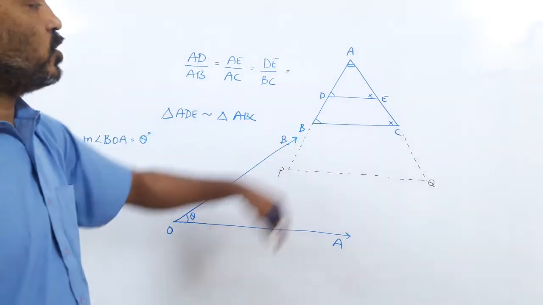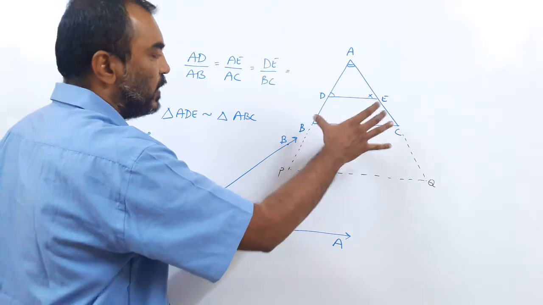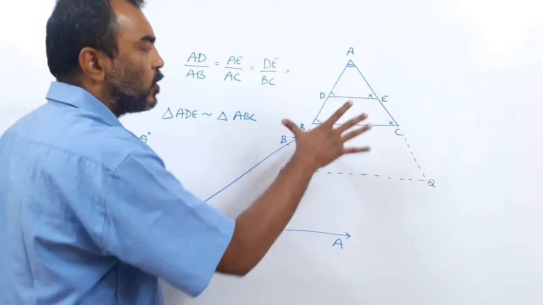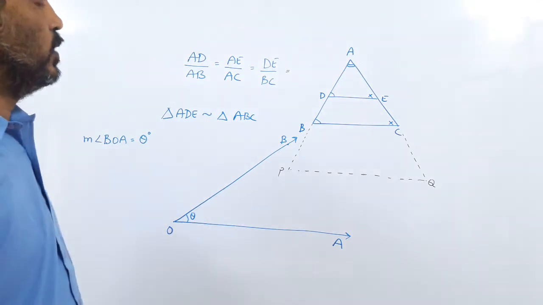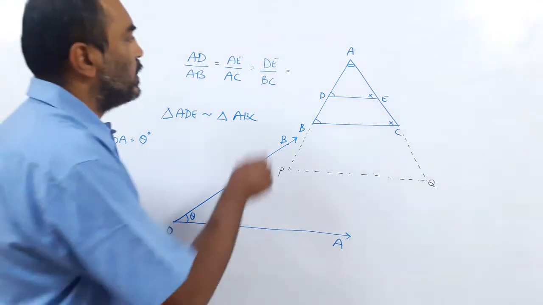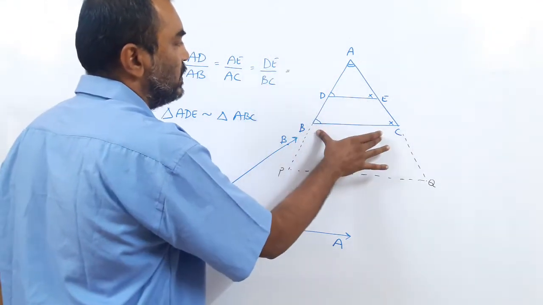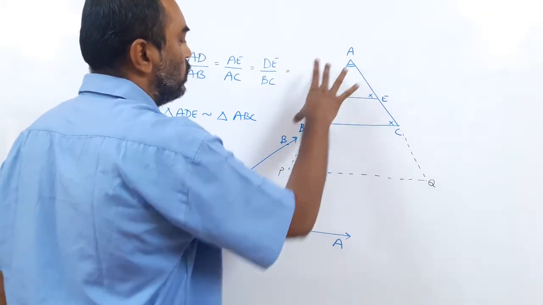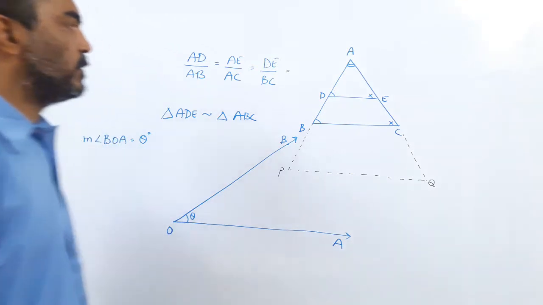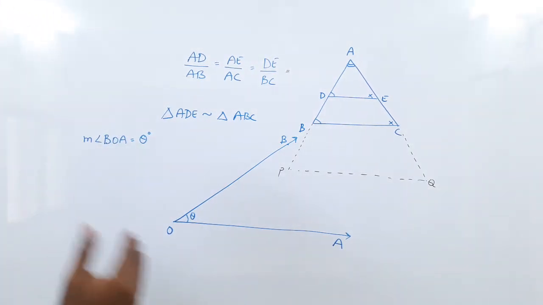And when the angle is not changing, the triangles made simultaneously are all similar triangles, and the ratio of their sides will be equal. Means the ratio of the side DE upon BC, or I can say DE upon PQ or BC upon PQ, is also the ratio of the sides. So now I am extending this similarity to something else, and observe carefully.